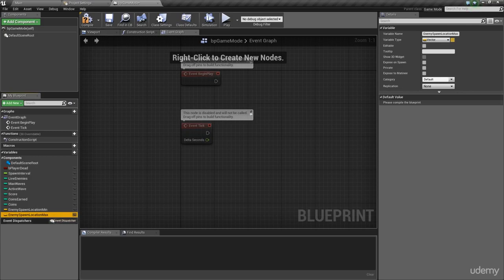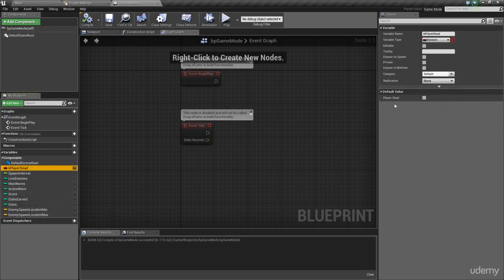So this will be the highest point on the screen that the enemy can spawn. Now notice, I've mentioned this before, but notice over here that we have a please compile the blueprint command here. So if we do that, then we can start getting and seeing the variables. So this will be the true or false, ticked as true, empty as false, whether the player is dead. We'll start that as false, because obviously we don't want to bring the character into the world and kill them